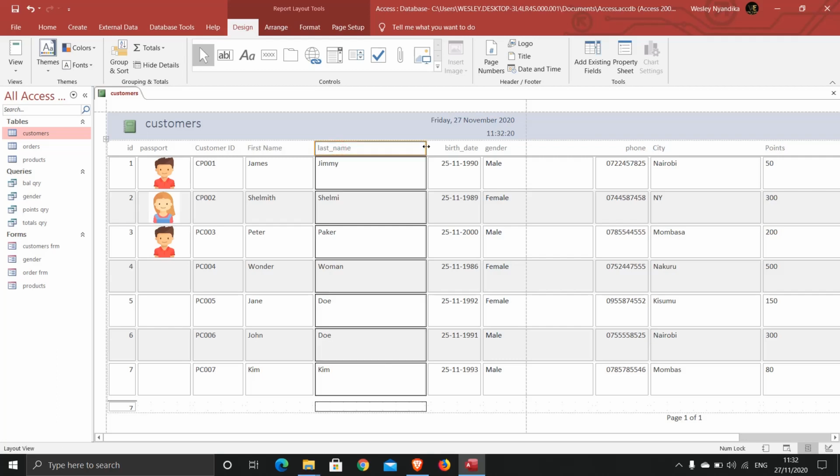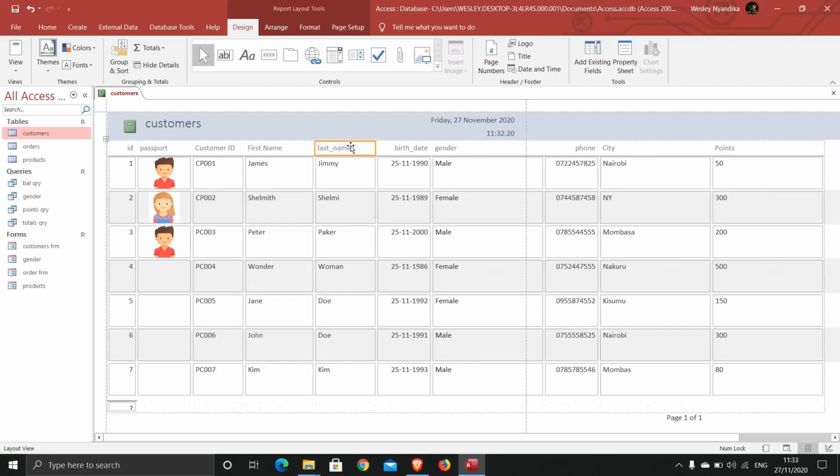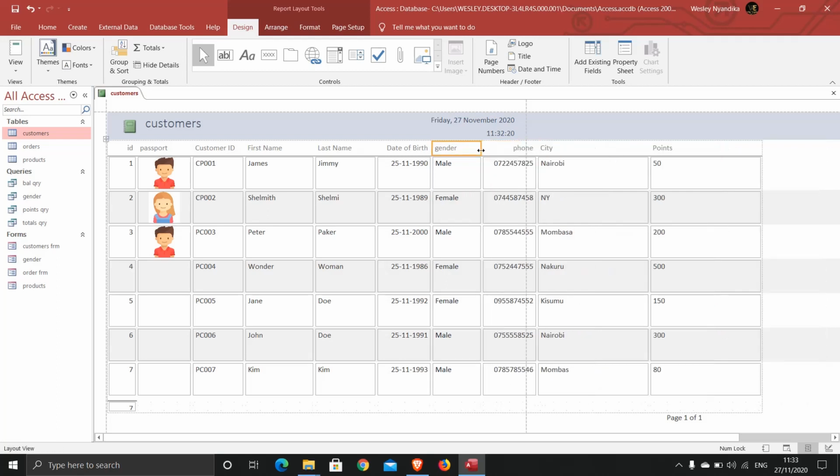Again on this, do the same, we resize here, and again do this, last name, so the date of birth, I think that column looks okay. The gender here is too big, resize it. I think this option works okay.